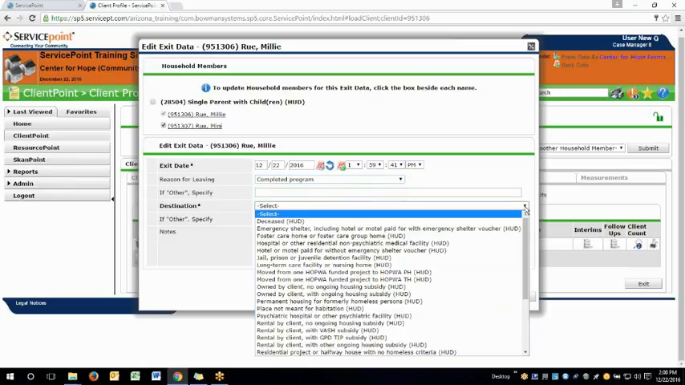Next would be destination. Where will my client be going? Your options are deceased, emergency shelter including hotel or motel paid for with emergency shelter voucher, foster care home or foster care group home, hospital or other residential non-psychiatric medical facility, hotel or motel paid for without emergency shelter voucher, jail, prison or juvenile detention facility, long-term care facility or nursing home, moved from one HOPWA funded project to a HOPWA permanent housing, moved from HOPWA funded project to HOPWA transitional housing, owned by client, no ongoing housing subsidy, owned by client with ongoing housing subsidy, permanent housing for formerly homeless persons, place not meant for habitation, psychiatric or other psychiatric facility,